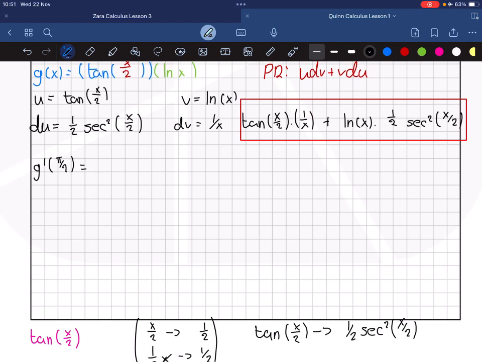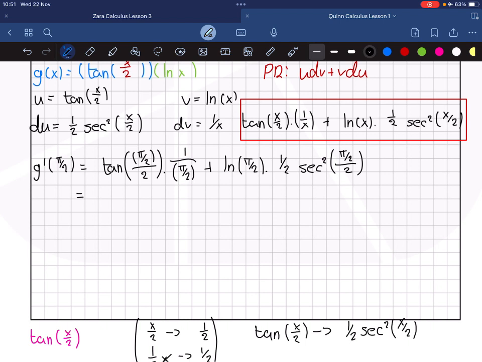So we have the tan of pi over 2 over 2. That gets multiplied by 1 over pi over 2. And then we add on the natural log of pi over 2. And that gets multiplied by a half sec squared of pi over 2 over 2. So if we simplify this, we're going to have the tan of pi over 2 divided by 2